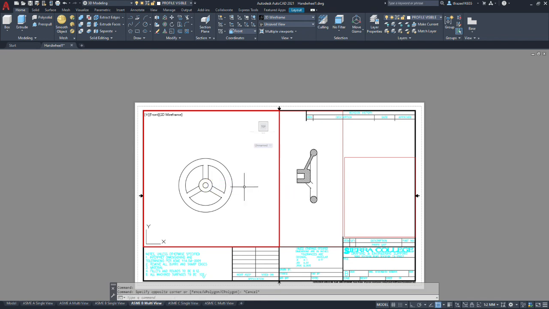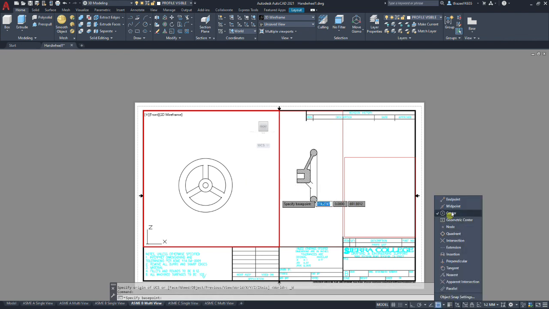Okay. And now we're going to do an MV setup. And we're going to do an align. And we're going to do a horizontal alignment. And it's asking for a base point. So I'm going to turn on my object snap for center and midpoints.